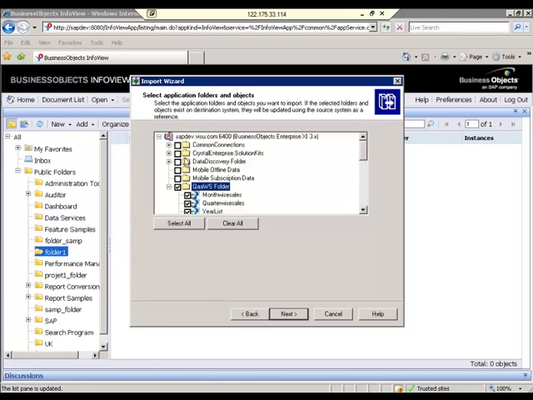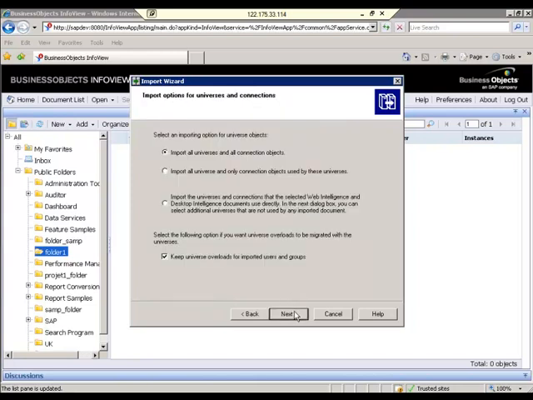for example, you have Crystal, common connections for the Crystal. There you have WebI connections, and for Crystal you have a lot of connections. That all will be saved in the SAP BO public info folder. If you want to move all the connections for Crystal, you need to select the Crystal. If you want to move all the connections for all reports except WebI, you need to select the universes, right? Remaining all, each report has a separate connection. If you want to move all those connections, you need to select that, click on next.